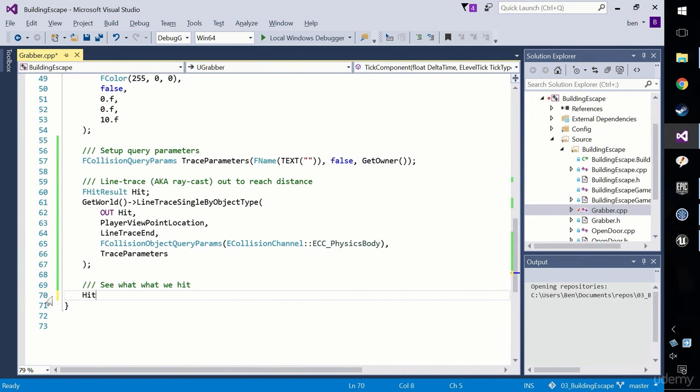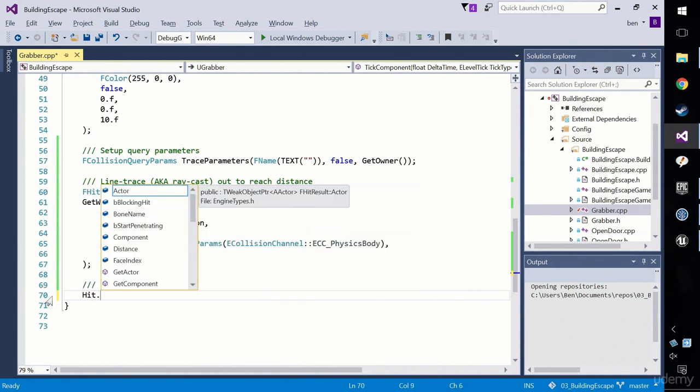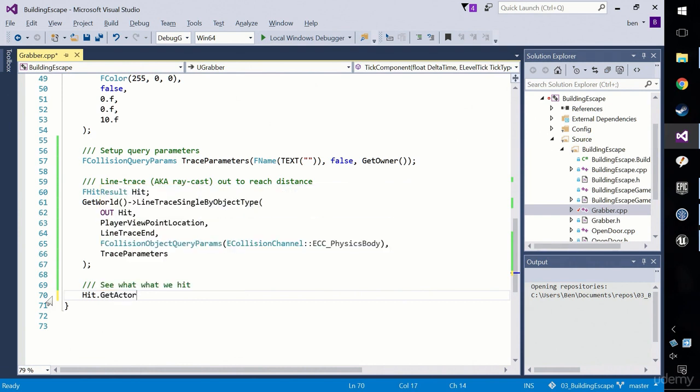So let's explore this hit thing. Hit, what is it? It's an FHitResult. It's not a pointer, so we can use dot. What can we get from it? We can get the actor. Fantastic. What does GetActor return? A pointer to an actor. So let's do that. Let's say AActor star, pointer to an actor, ActorHit, equals Hit.GetActor. Okay, if I could spell right,